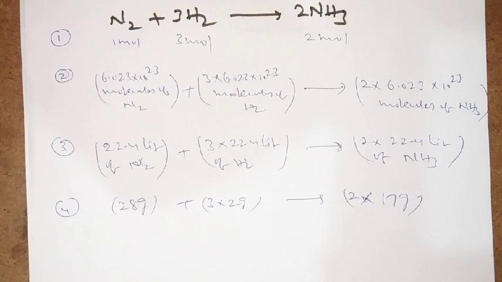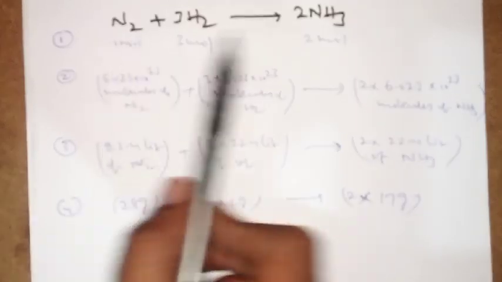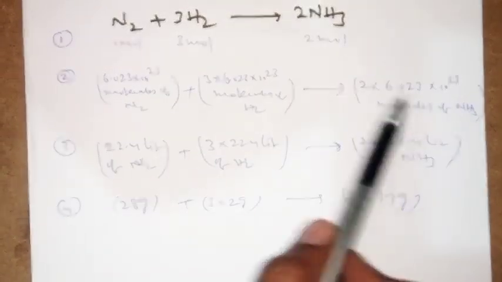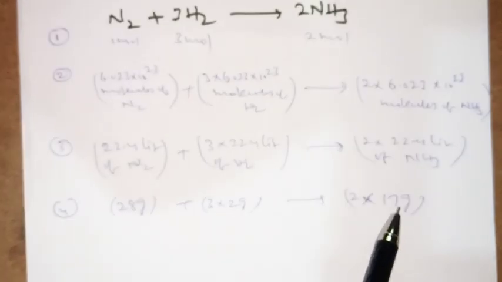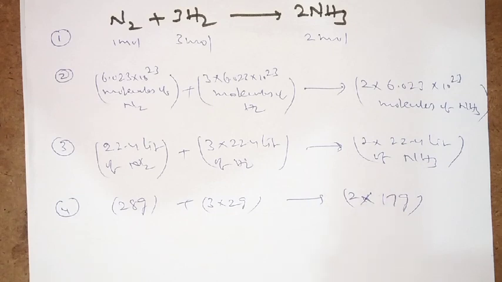Is it clear? So whenever an equation is given, immediately you have to focus on these 4 ways of how to analyze it. If you imagine this analysis in your mind, then you will never get confused about the numericals, because here you will get the mole to mole relation, mole to molecule relation, mole to volume relation, mole to weight relation. Is it clear? So in another video lecture we shall learn about what the relations are and how to apply that mole concept for the various equations. We shall discuss it in detail. So do follow all the parts that I am going to upload.